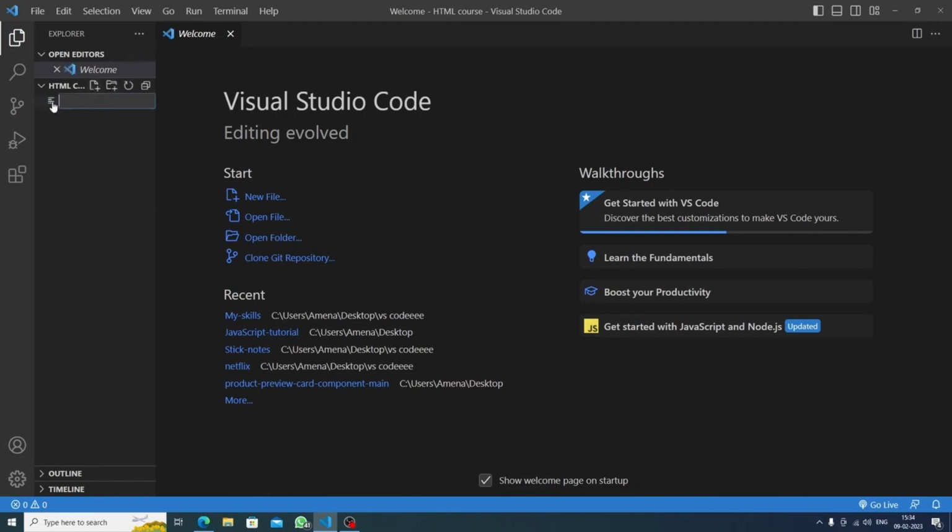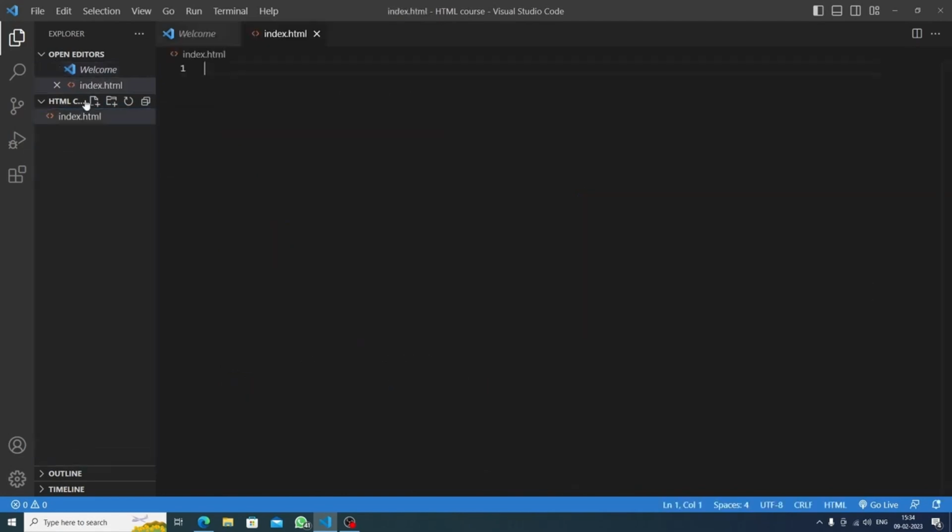Firstly, this is the folder of the HTML course, and I will make a file and name it index.html. This is the basic name. You can name it anything you want, like todo.html or course.html, but this is the basic name. Everything we write in it is covered in the HTML tag. So basically this is the HTML opening tag, and this is the closing tag. If we put one slash, it will be closed, and inside this HTML tag we write our